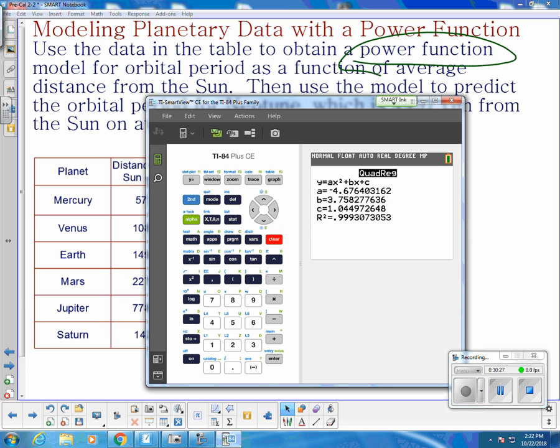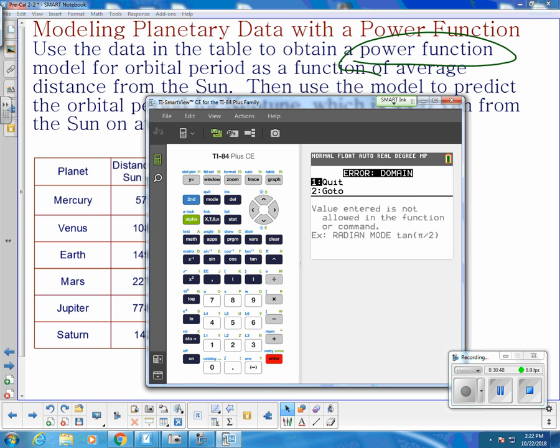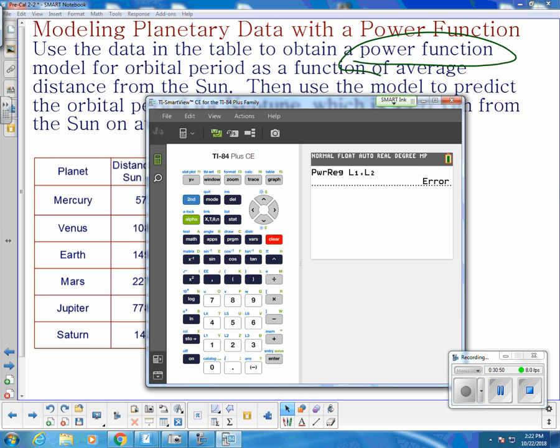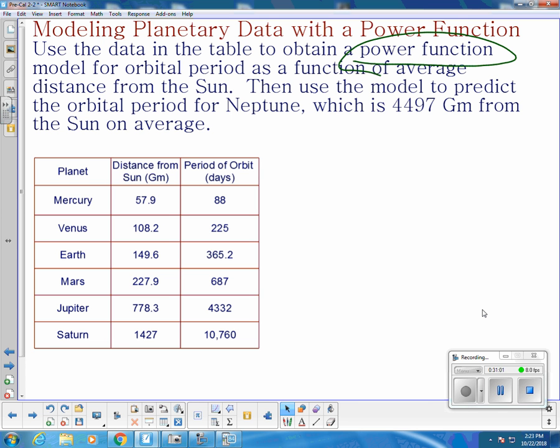Okay, so if I went to stat calc, power function is in the next window. So just keep arrowing down, and it is actually right after exponential. It says PWR regression. And I'm just going to go ahead and do whatever I had in there. Won't do it because I have a 0 in there. Power function, though, you understand where it is. And it'll give you like a, b to the x, and you fill in the formula like you did before. Okay? So you need to make sure you know how to practice those, and that's it. Okay? So we're going to practice